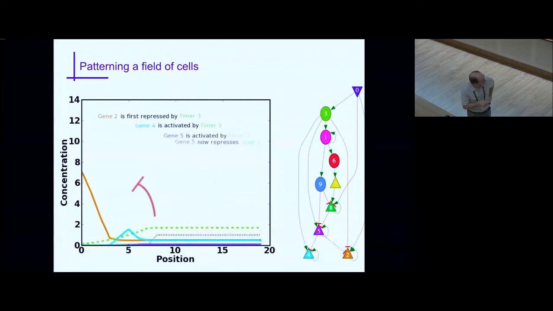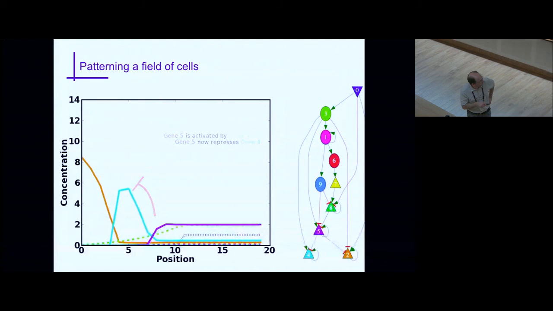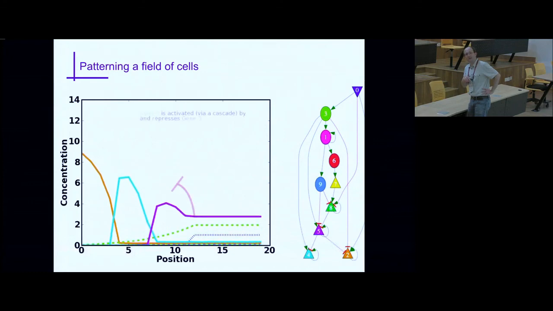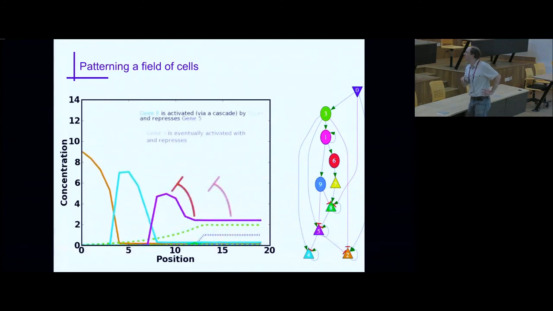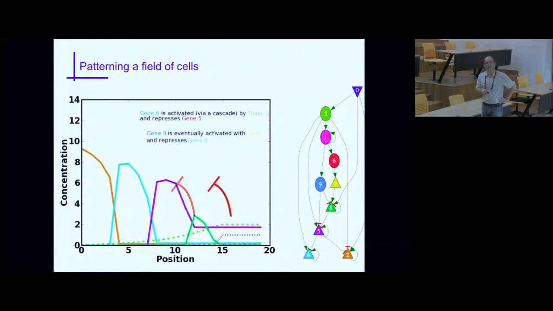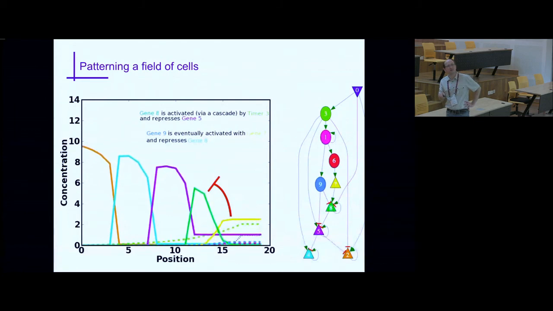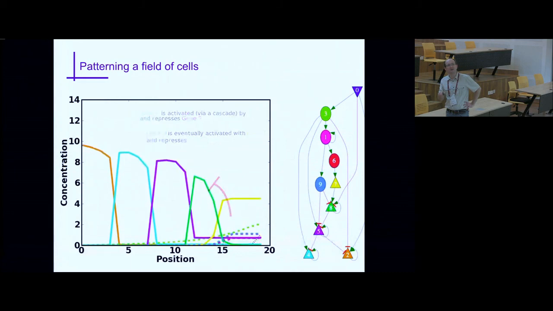So the very bottom gene in the network is the first to be expressed. The second to be expressed here is here, so it's 4 is here. Now 5 is just upstream these two guys, and it's here. And then you see that as you progress in time, you also progress in the direction of the network topology. And so, of course, the networks are doing what you expect them to do, which is in any given position, you just express one of these genes. And so you see the very last one, and now here, I don't know if there's 5 or 6. So this guy here is just the one that is upstream of everybody else. Okay?